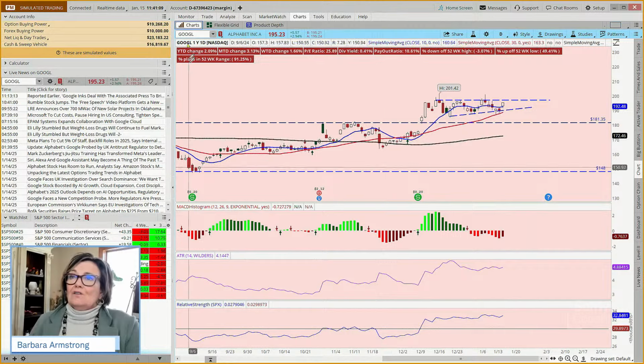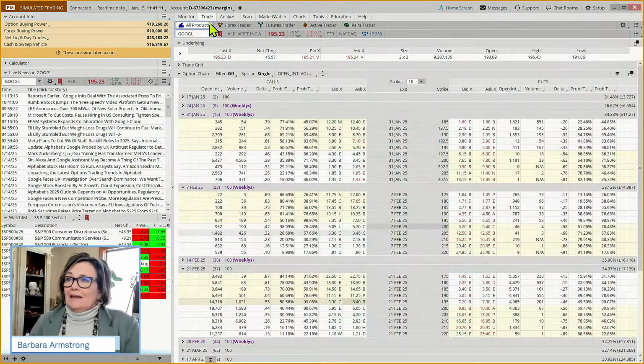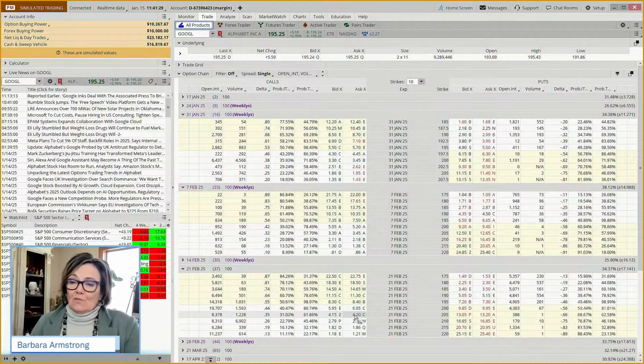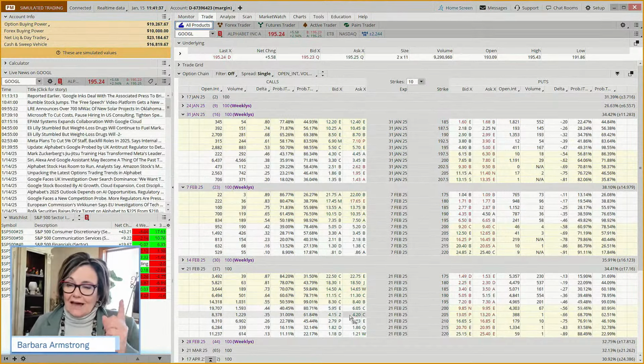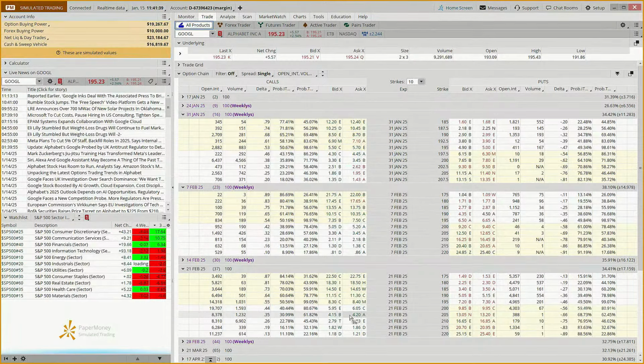Yeah. So if we came to our trade tab, now these options are expensive. If we come out to February 21st, the at the money strike is 195. So we couldn't just buy a call. What we could do is come out to the first strike out of the money and do that one ATR trade again. And just say, hey, if it moves that little bit, it just has to move to the top of that wedge and we would be okay.